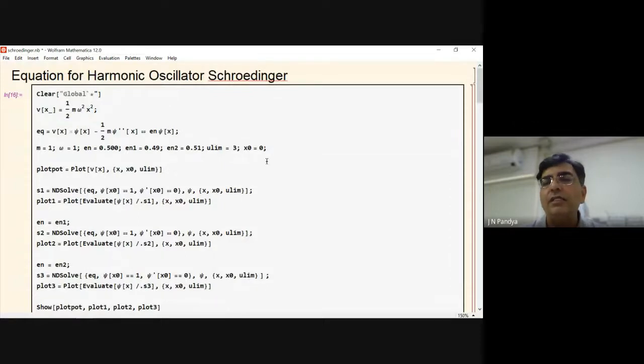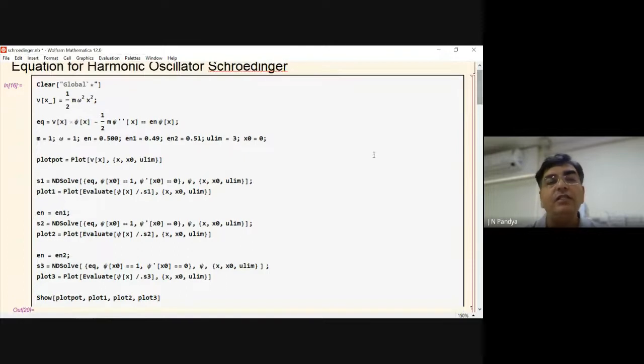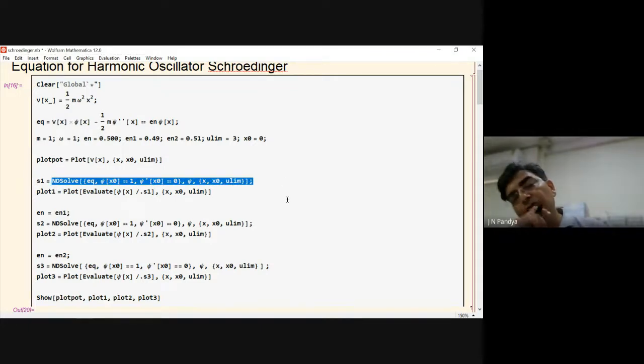Remember, this is a very basic program, and if you really want, you can convert this thing into a fully working program for any given potential, right? The only thing is that for any given potential, it may not be possible for Mathematica to execute this thing. So what you should do is write your RK4 code instead of this highlighted thing. That's it.